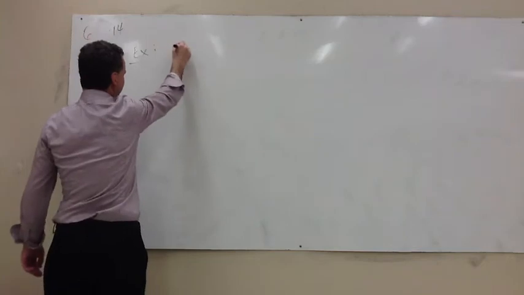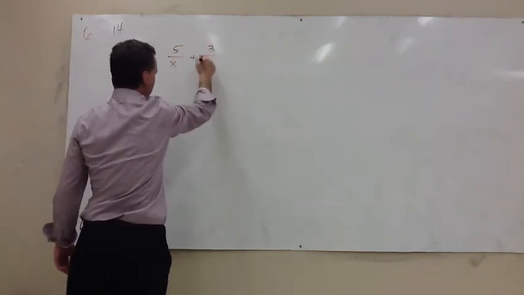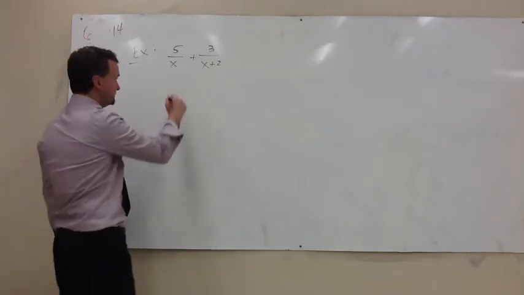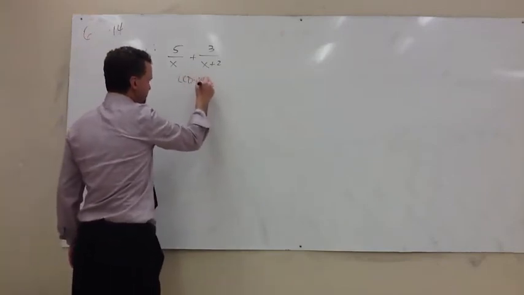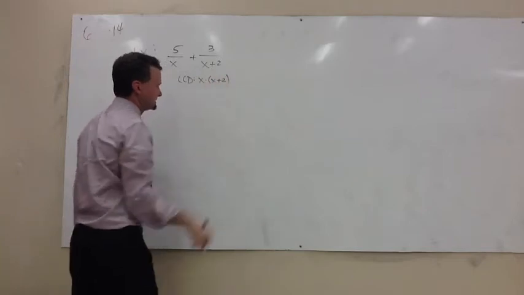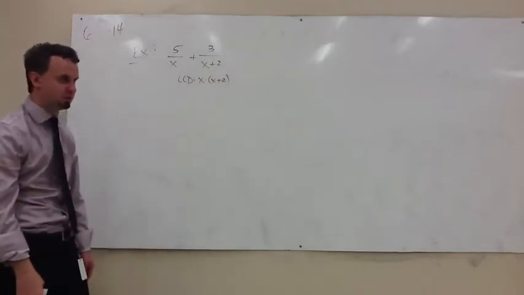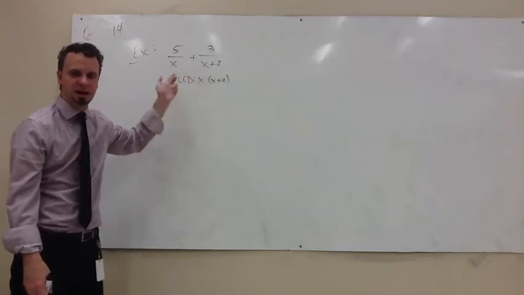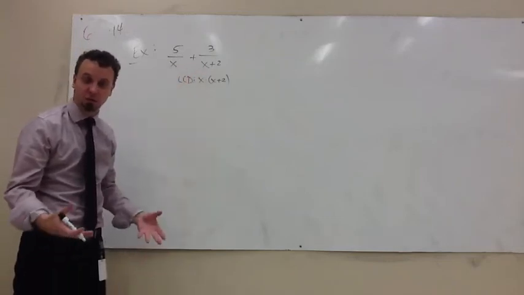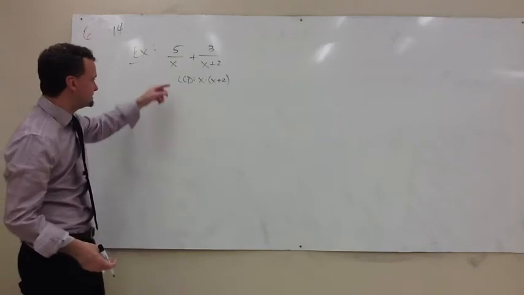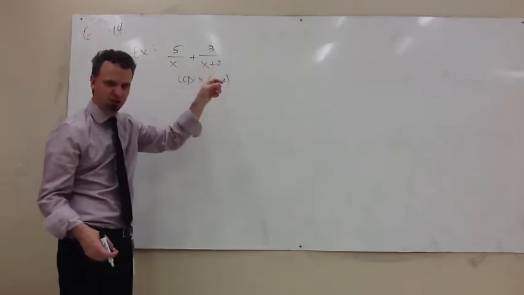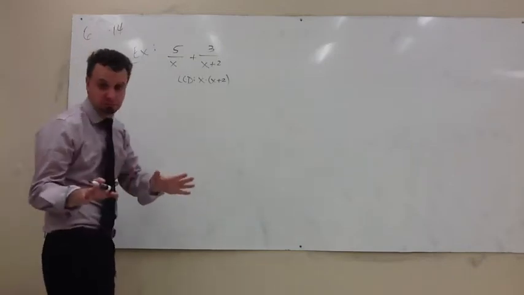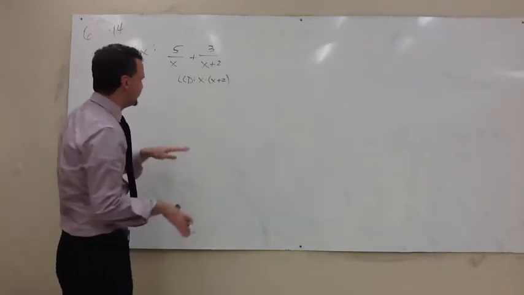Alright, so let's try 5 over x plus 3 over x plus 2. Okay, the least common denominator is the product of both the terms, x times x plus 2. These are different terms. You need to take them both in the least common denominator. If you're wondering why your LCD isn't just x plus 2, put a number in for x. Anything you want other than 2. 2 is the only number that wouldn't work. But any other number like